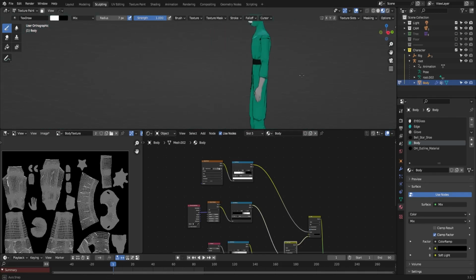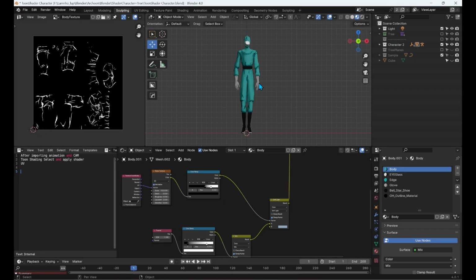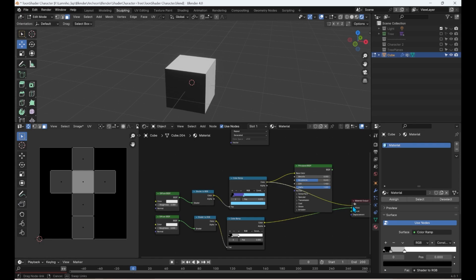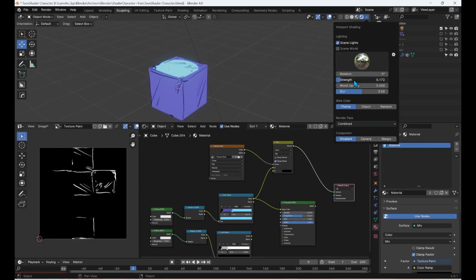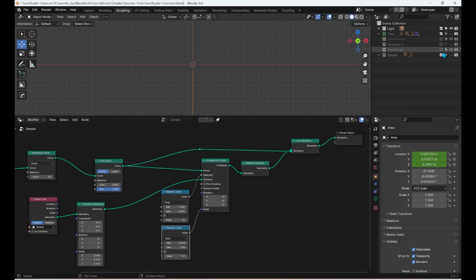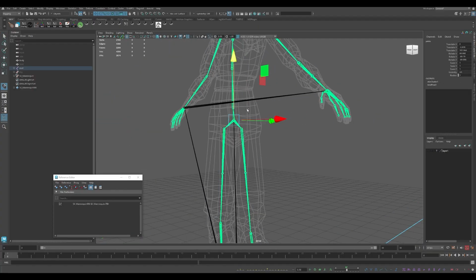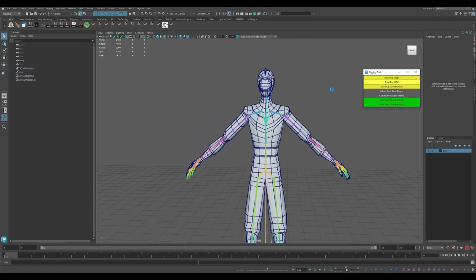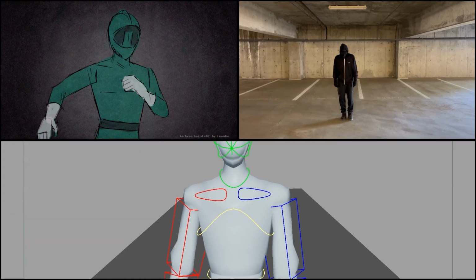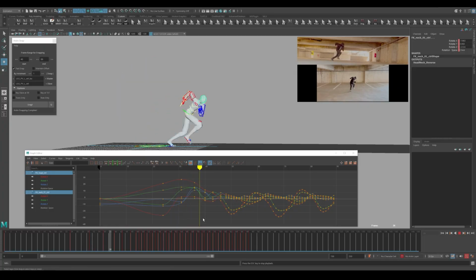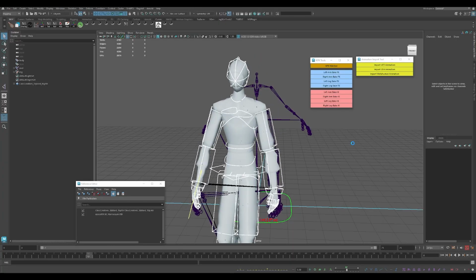line work details, how to use Blender Toon Shader to create stylized 3D character assets, how to use Blender's texture paint, how to work with Blender geometry nodes, rigging the character in 3D to take advantage of motion capture and online 3D animation libraries, how to animate the character in Autodesk Maya using both keyframe and motion capture animation, how